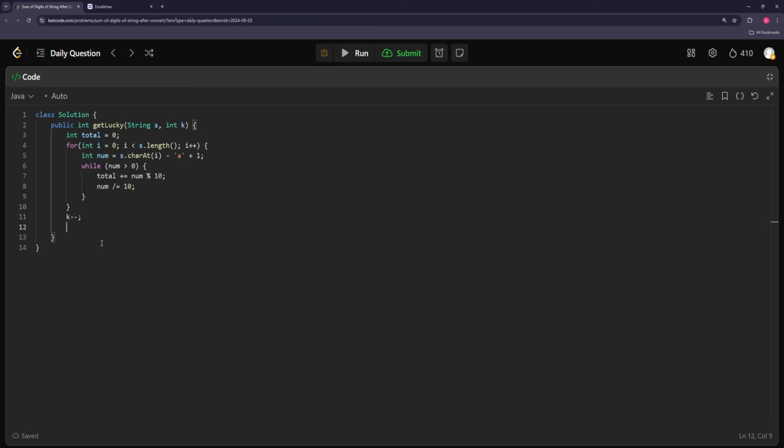Now we basically need to do it for whatever's left, right? So while k is greater than 0, let's just keep doing this operation. We'll get a new total. We'll make it 0, and then we'll basically do the same thing, but on our current total. So while total is greater than 0,